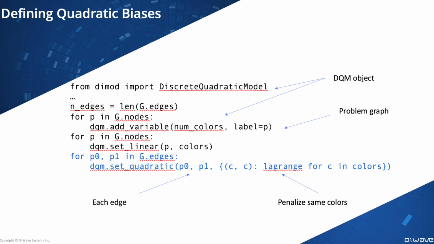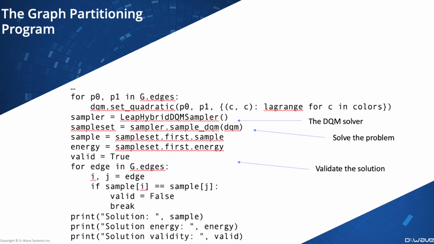And let's put it all together in a program. And here's the program all put together. I've included just those last couple lines from the previous sections, setting the quadratic biases. Then we're going to call and instantiate the Leap Hybrid DQM sampler. This is the DQM solver. We're going to solve the problem, just sending it with the sample DQM method, and just send that DQM object that we constructed. And then we're just going to get the sample and the energy, that is the first lowest energy